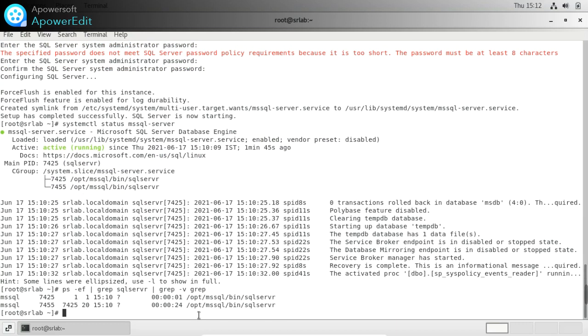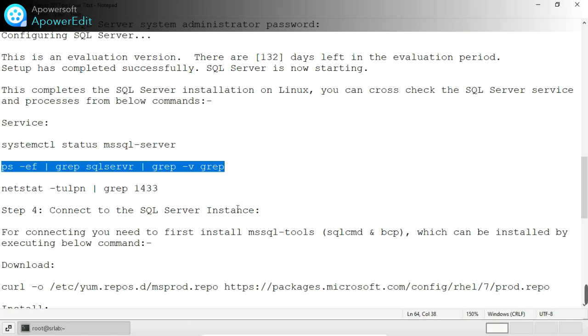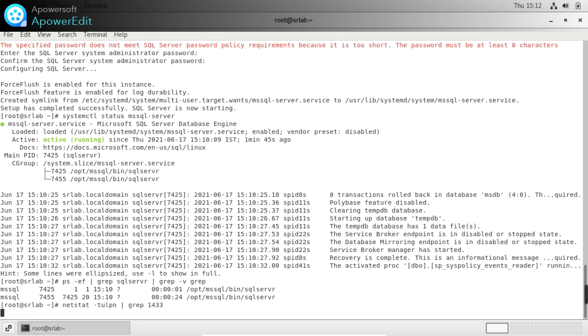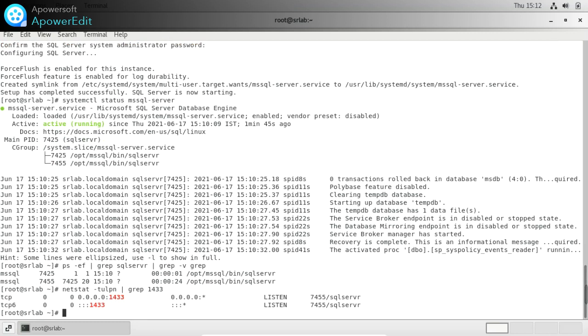So SQL Server is listening on this port, 1433. It's TCP6 listening on this port.